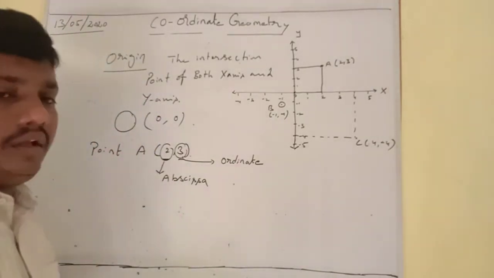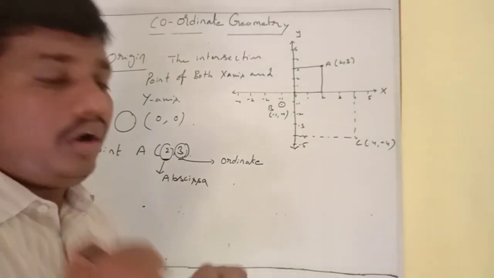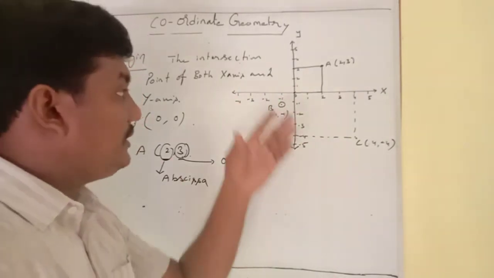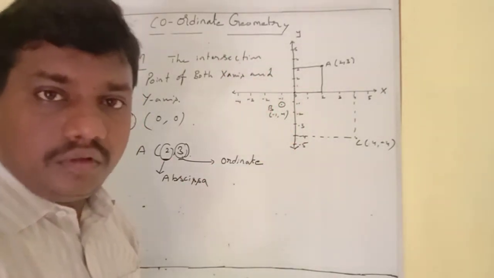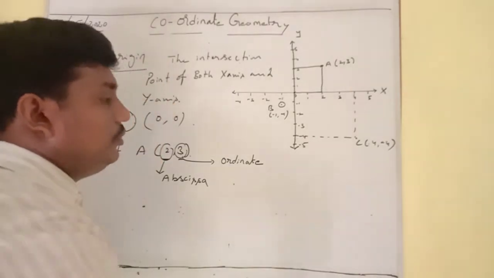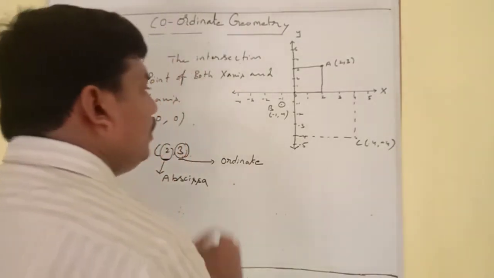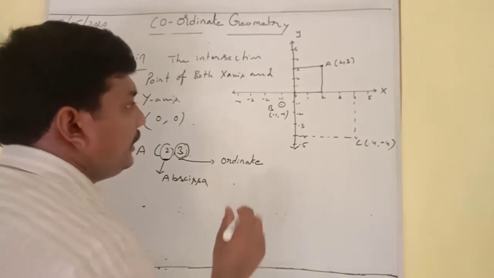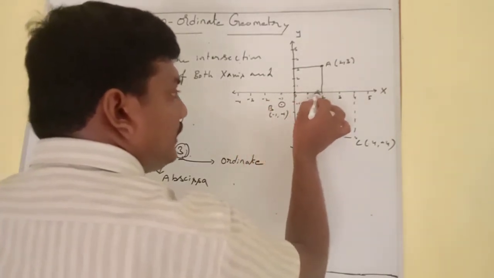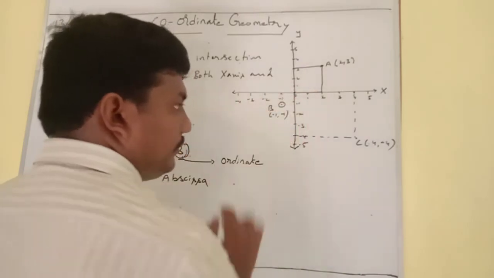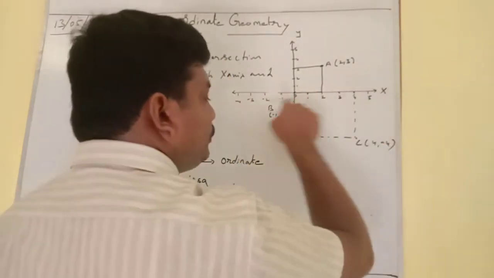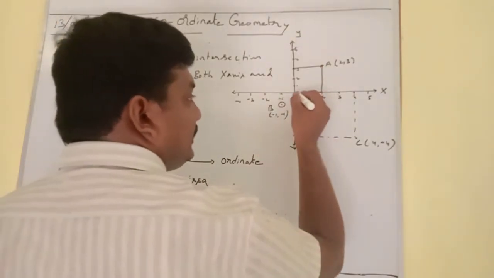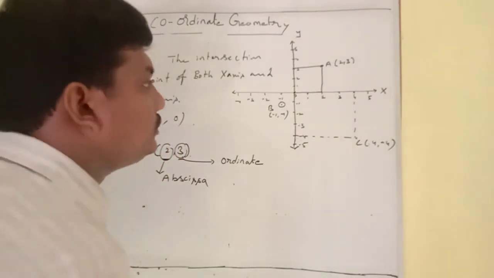So now we have come across what an origin is, how to locate a point on the Cartesian plane, what a Cartesian plane is, and what the x-axis and y-axis are. One more point we have to discuss here: on the x-axis there are no y values. Here x equals -1, x equals 1, x equals 3, and y is 0. On the x-axis every point has y equal to 0, because the y-axis intersects the x-axis only at the 0 value.